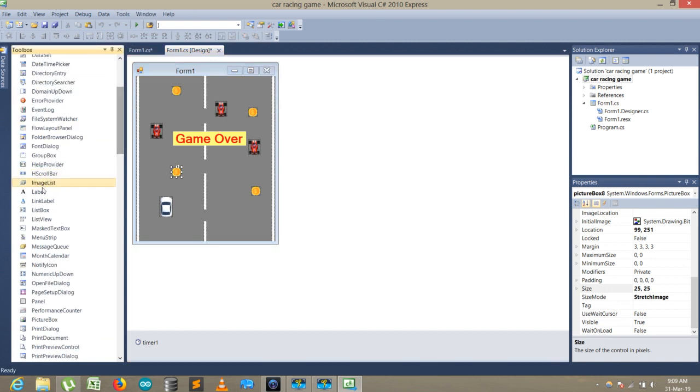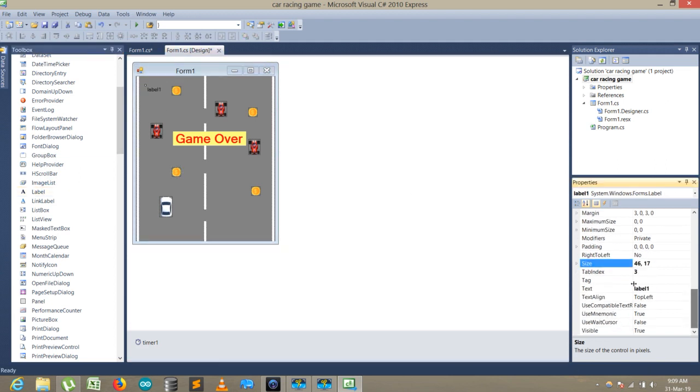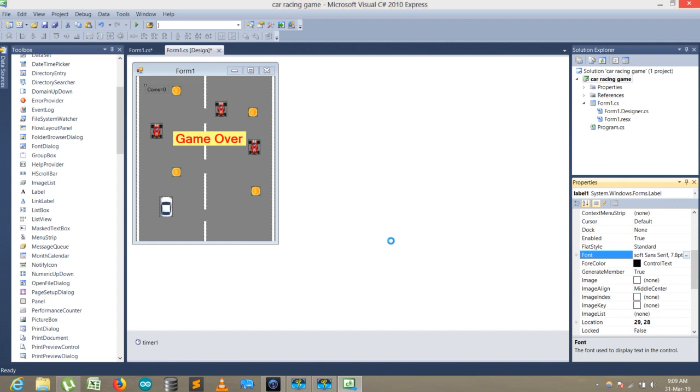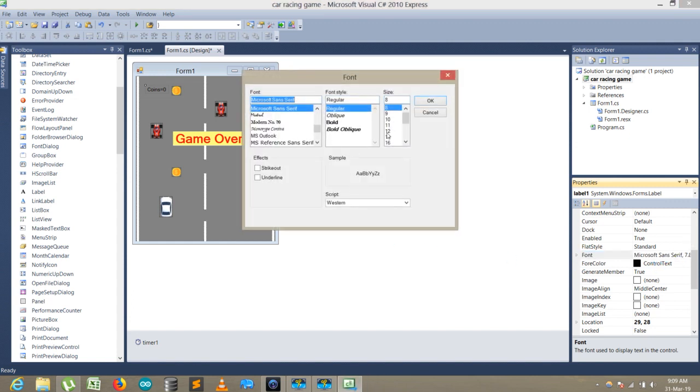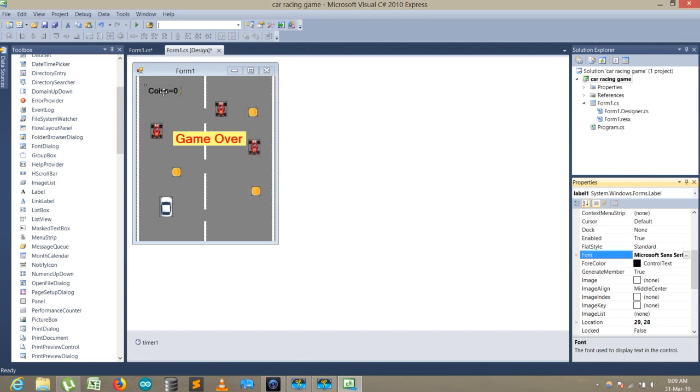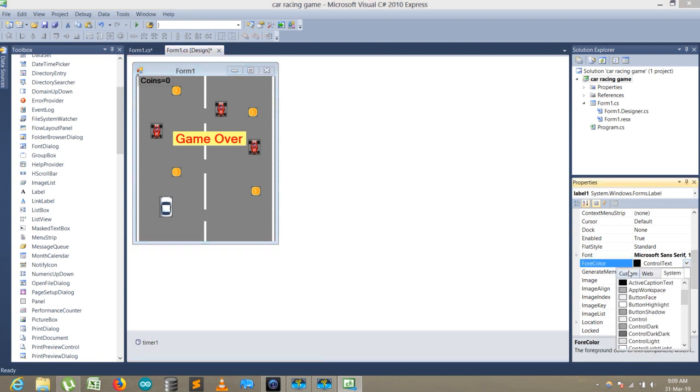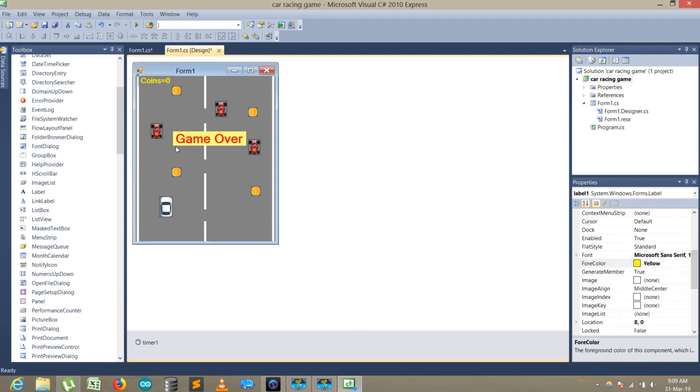Here I write label and text coins is equal to 0 and set the font sizes. Coin 0. Okay, so for that now,